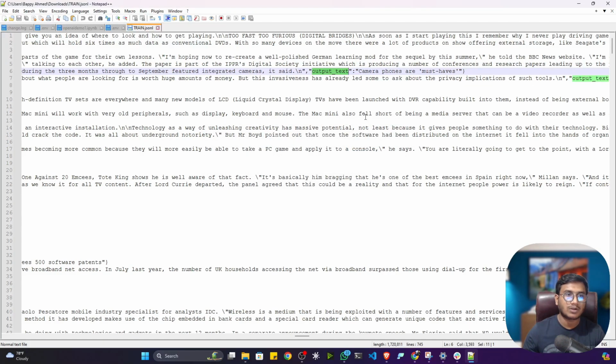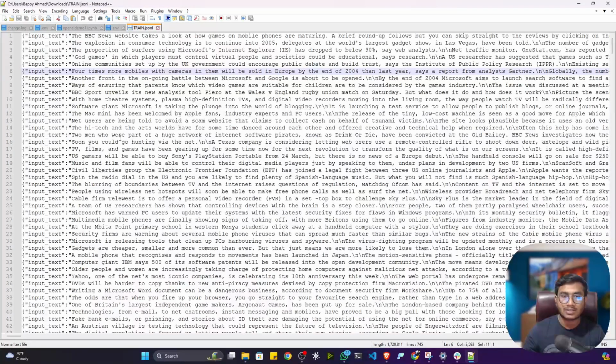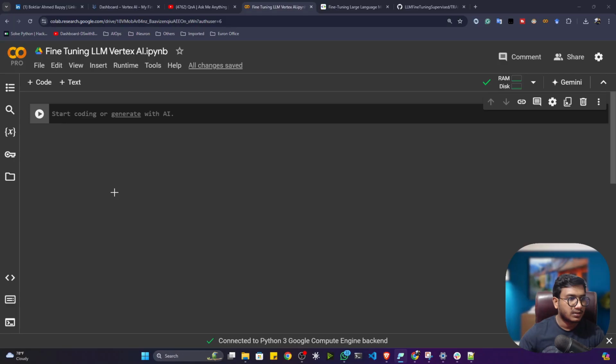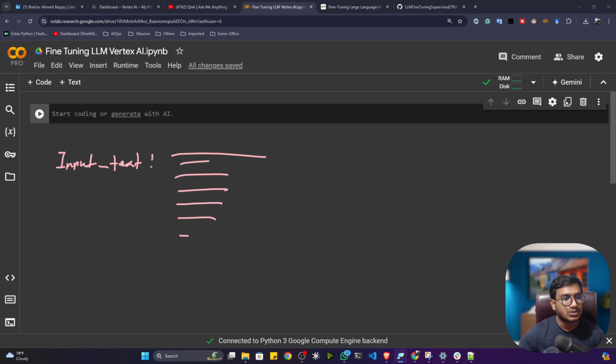That's how you also have to prepare your data. If you have any custom data, you can prepare it accordingly. What I'm trying to say is that in the JSON file, the first key will be input underscore text. Inside input text, you will have the entire story, and you will have another key called output